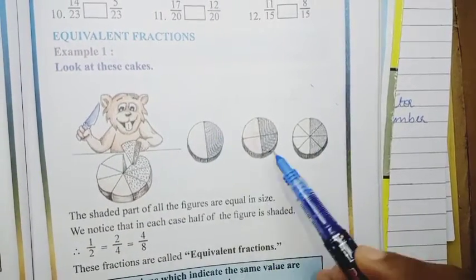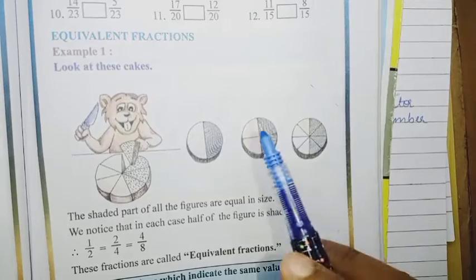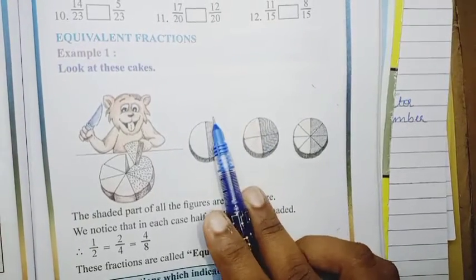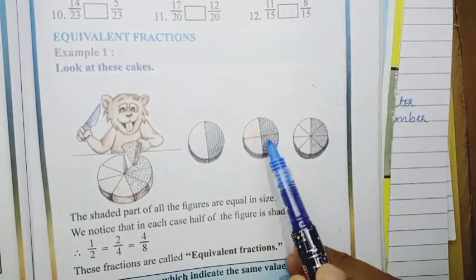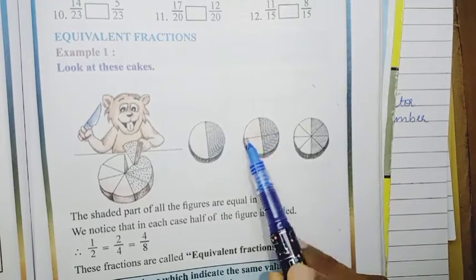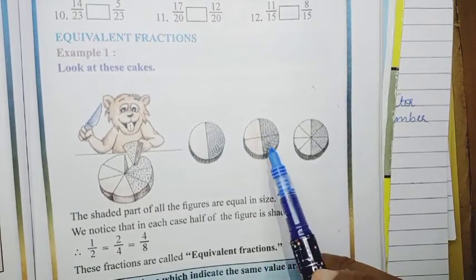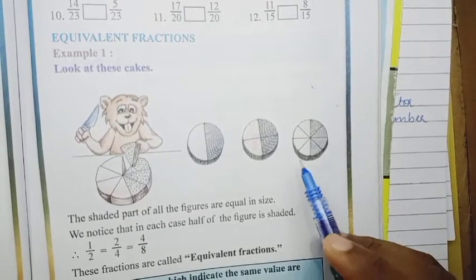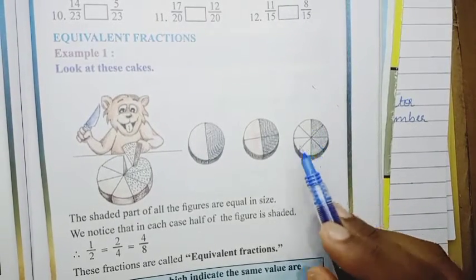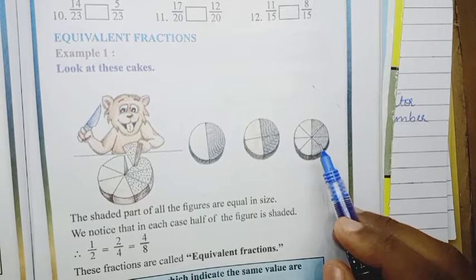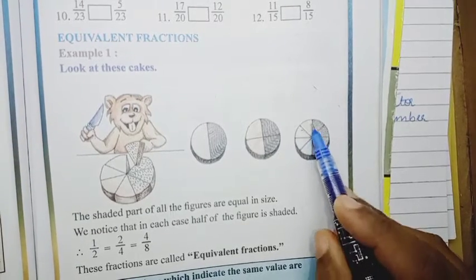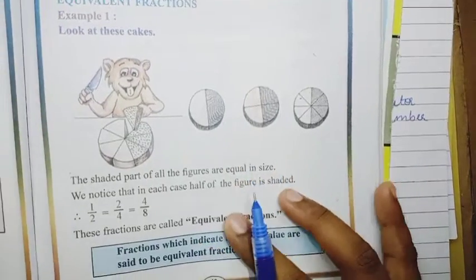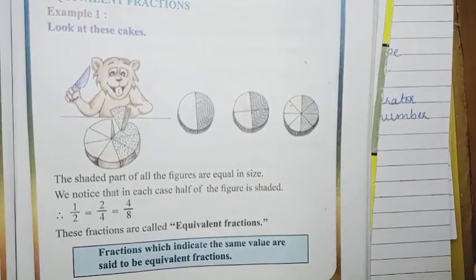See, this is one cake. Okay, in this cake, if I divide it exactly in half, I'll get this much, the other person will get this much. If I divide the whole cake into 4 parts and take 2 parts, then I'm also getting an equal amount only, children. Again, this one also, the same thing. Even if I divide the whole thing into 8 parts and take 4, it's the same thing. I'll get half of the cake itself, right?